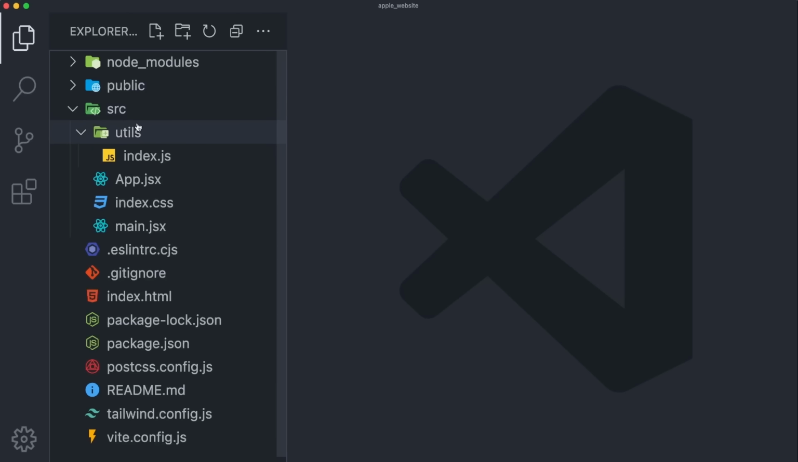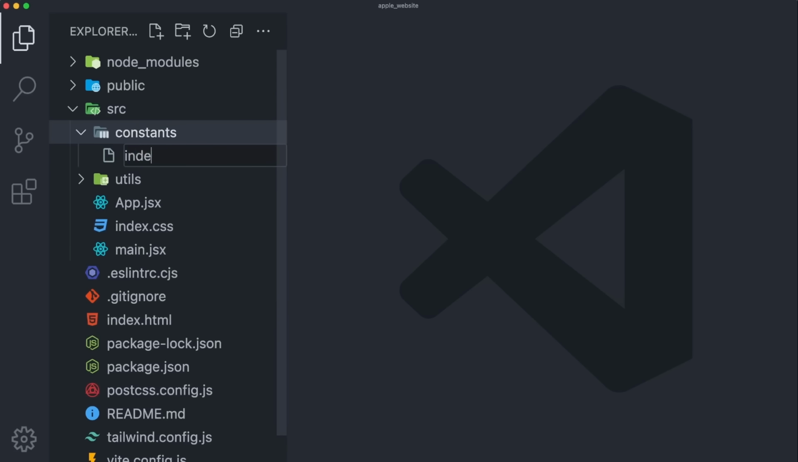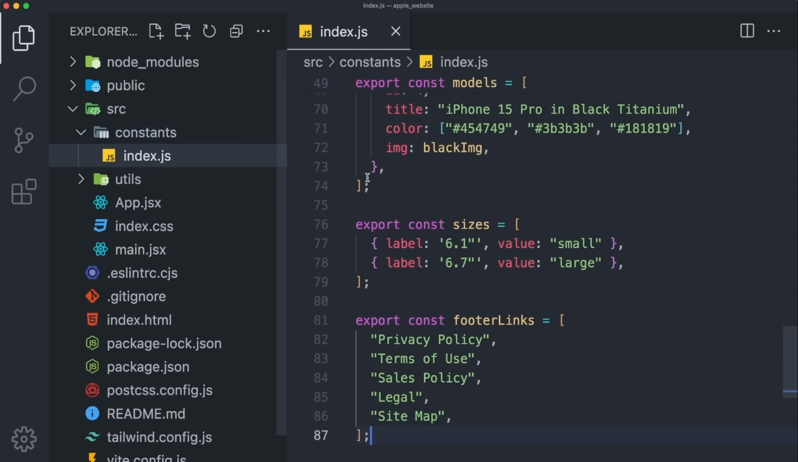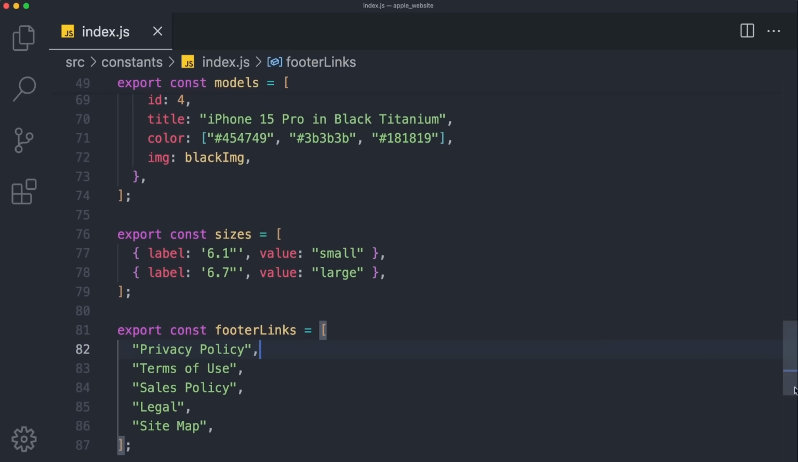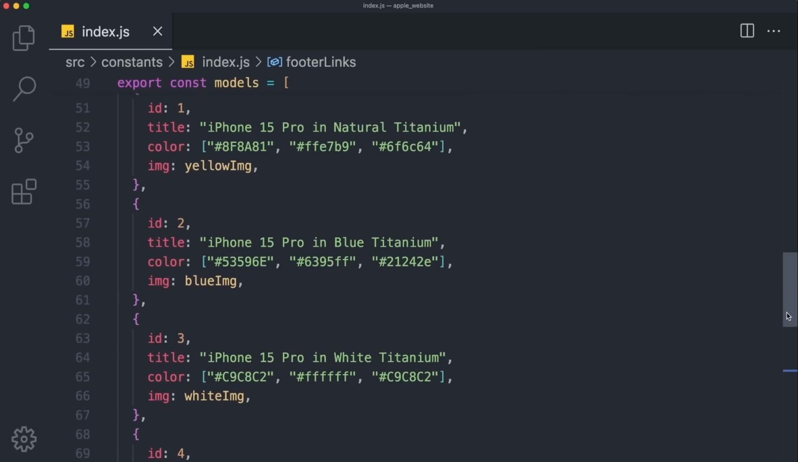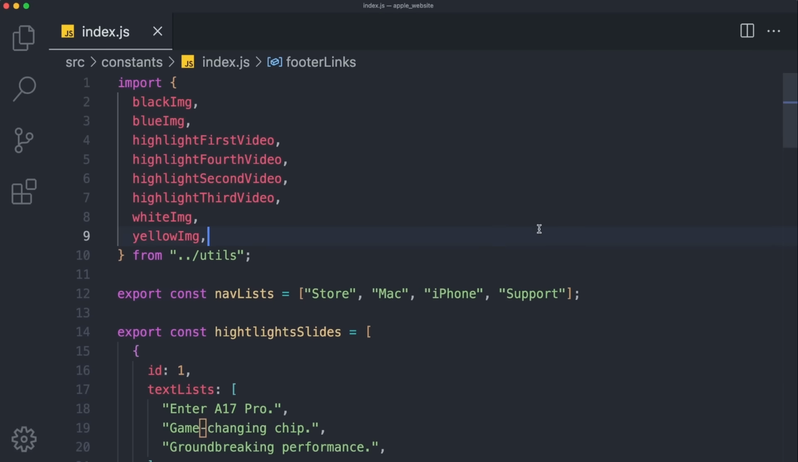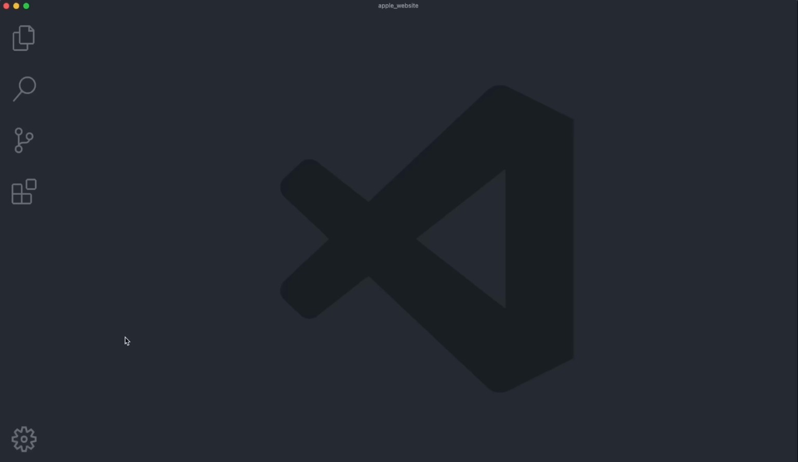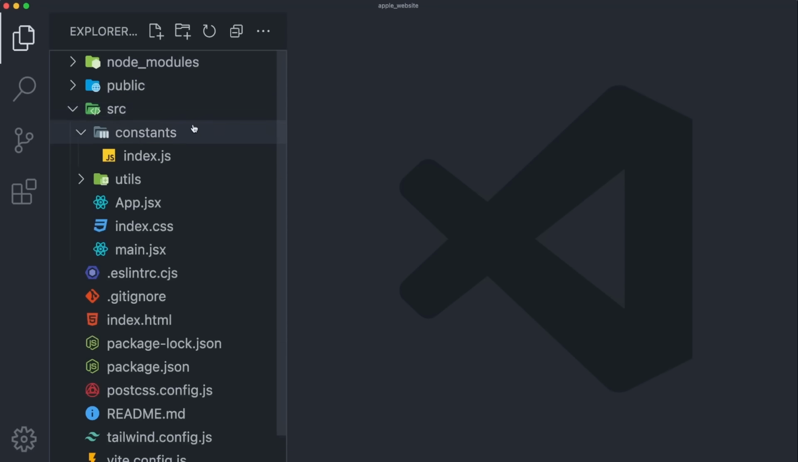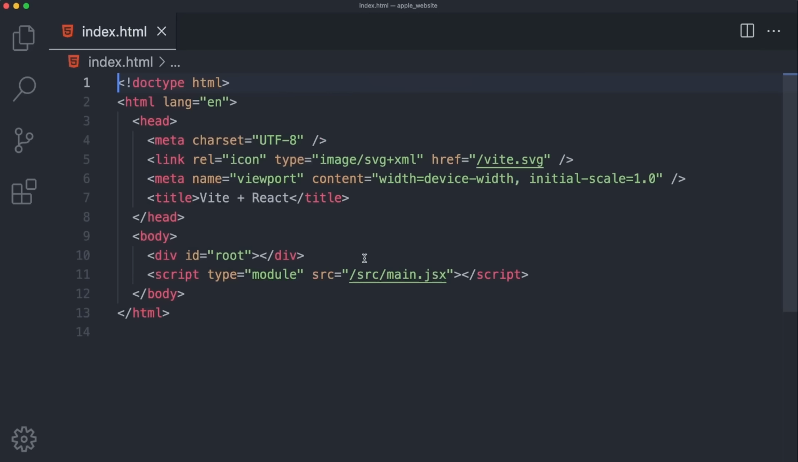And within the source folder, create a new folder called constants, and create a new index.js file, and paste everything we copied. And as you can see, there's zero logic happening here, just content which we can consume when we actually develop our website. So with that in mind, let's prepare for the development by going into our index.html, and